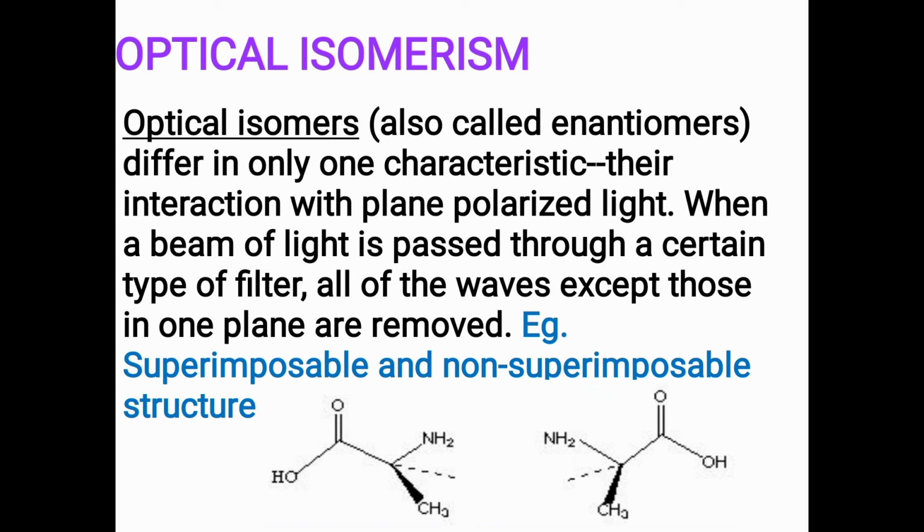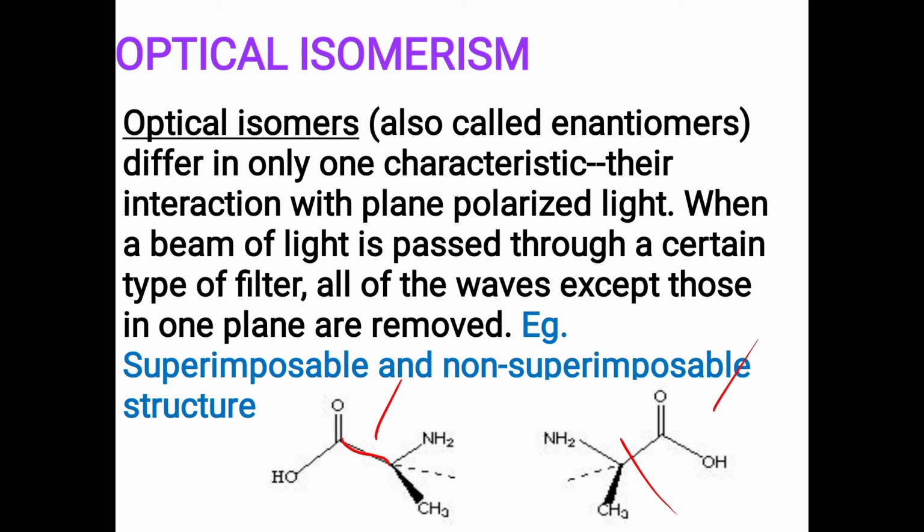Example here, these two isomers. If we see the reference line, on the right hand side you see NH2, OH and a double bond, and HO. If I look here, the right hand side has been changed, to OOH and CH3, NH2. That is the only difference. As a result, the direction of the plane polarized light passing through it is changed.